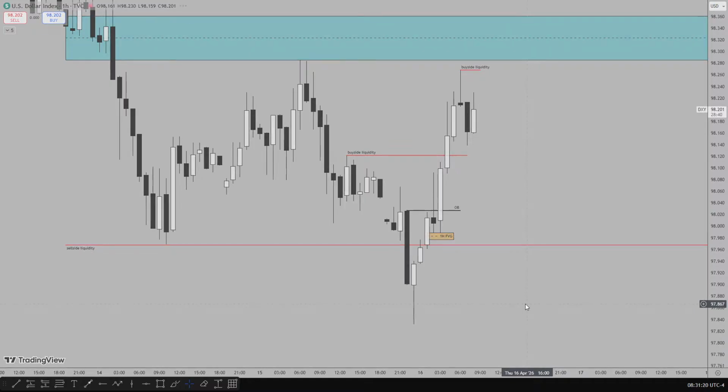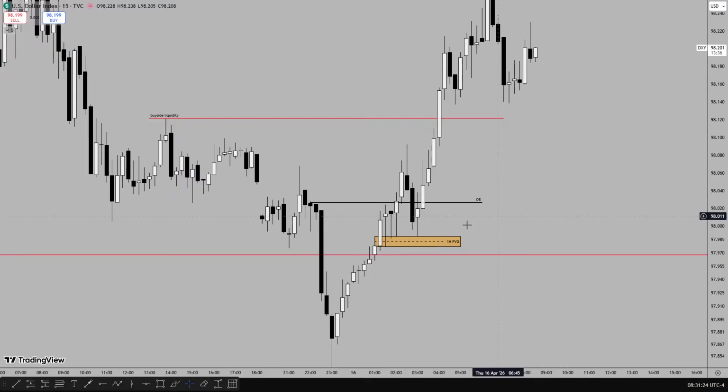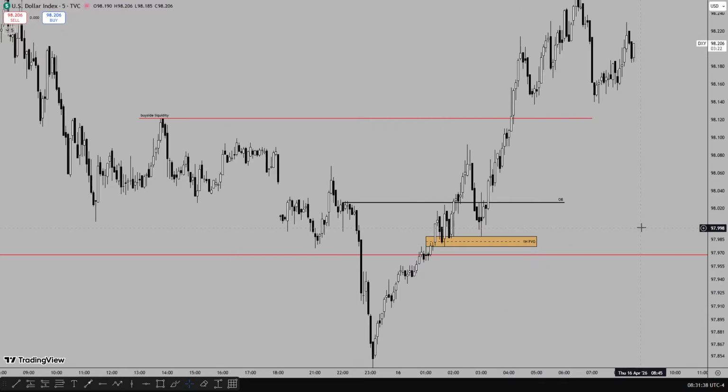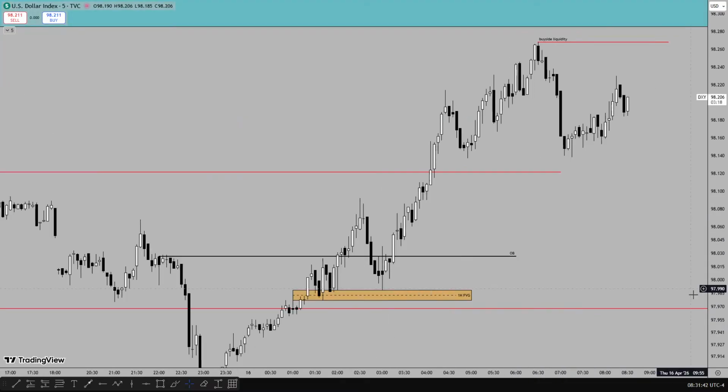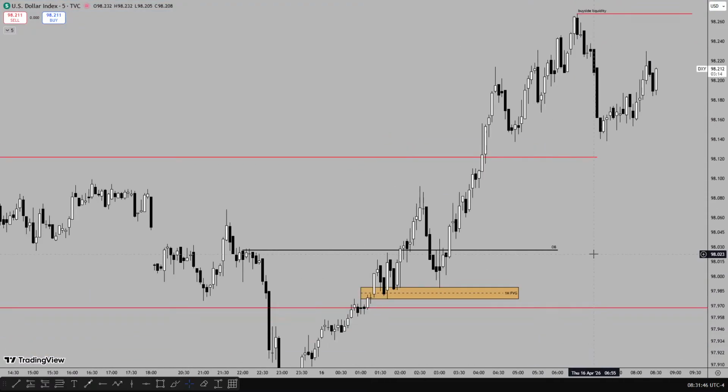And you can either use the 15 minutes, where you find the entry, you can see the retracement entry at the fair value gap or the order block. Stop loss should be below the 1 hour fair value gap, or you just use the 5 minutes, which I would advise to look at both time frames. Look at the time frame that gives you a clearer and broader perspective in price.